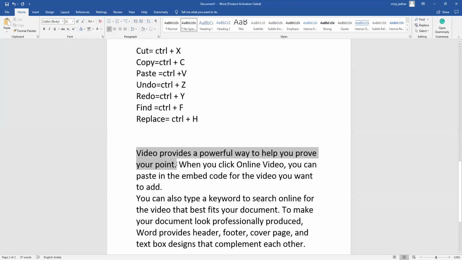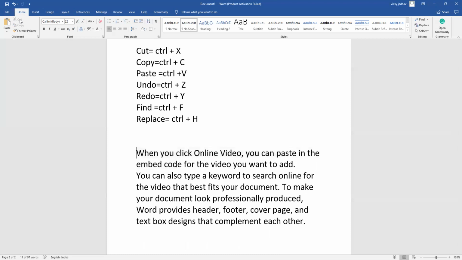Now we have to cut this text. Either you can do it with the shortcut Control X, or you can use the Cut option in the Home tab. I will just press this key.